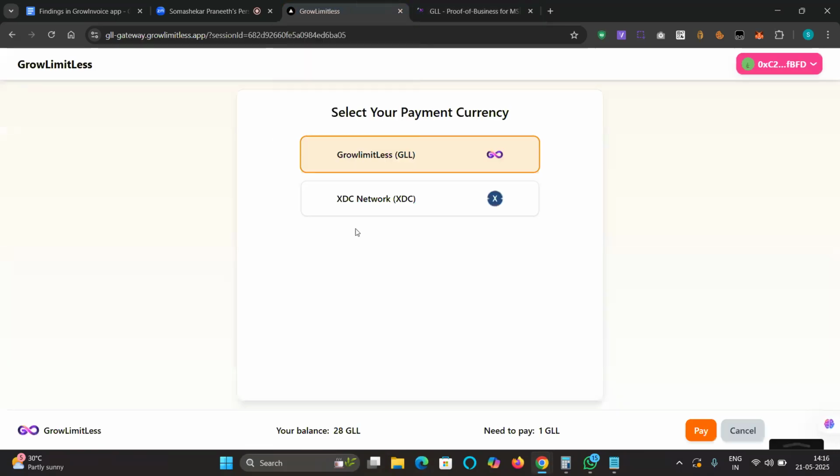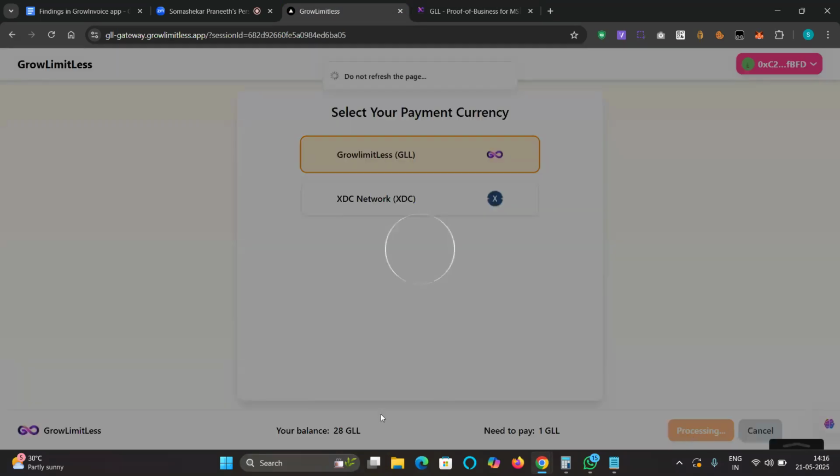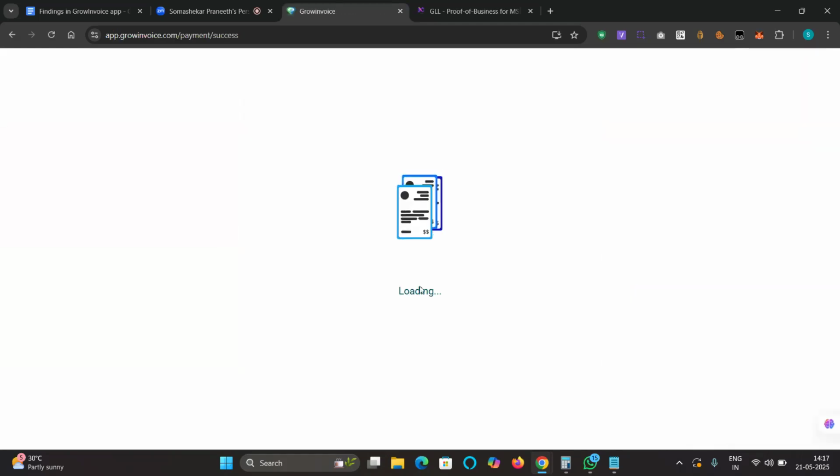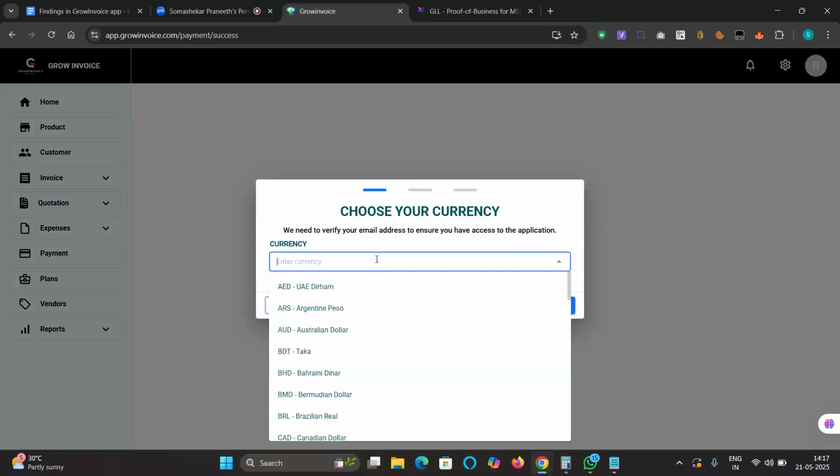No, in Gateway, your balance is anyway being shown. No need to open another wallet. Yes, 28. Okay. So currently I'm connecting and paying it now. So I have 28. Let's see. Yes, so here I'm adding